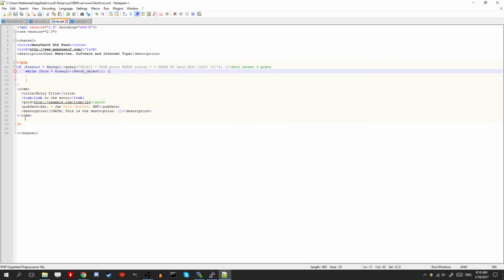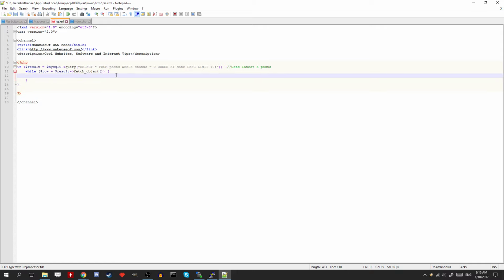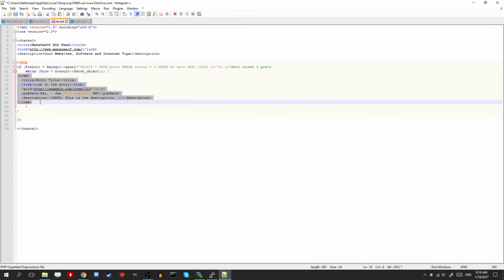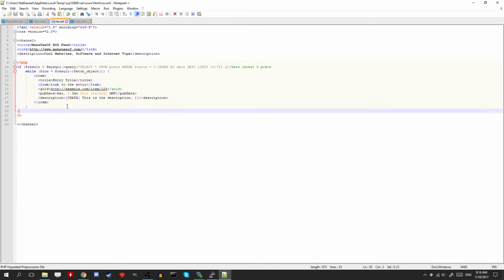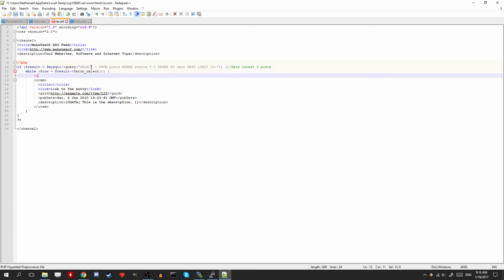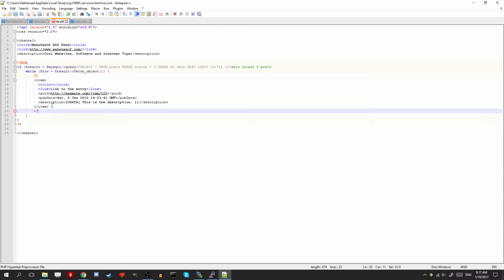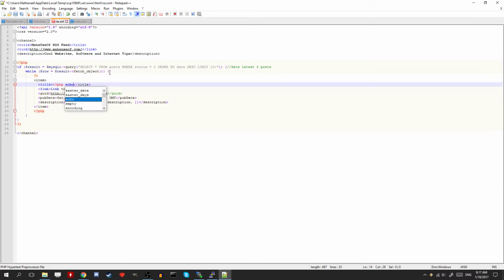So it's going to get the 10 first posts. Alright, so then let's exit out of PHP here and then get back into it here. Okay, and then for each of these, we're going to have to enter back into PHP and then